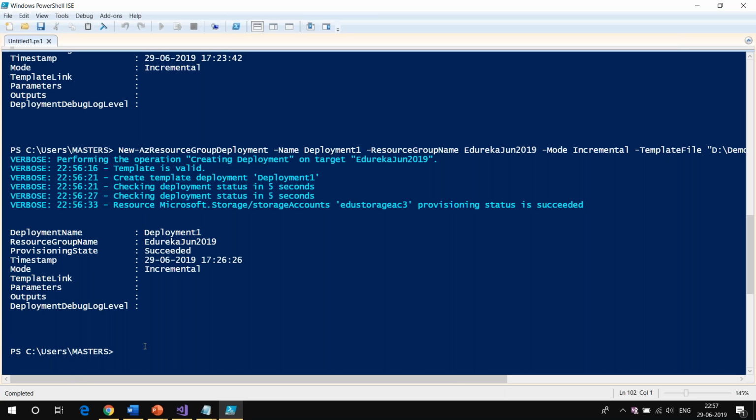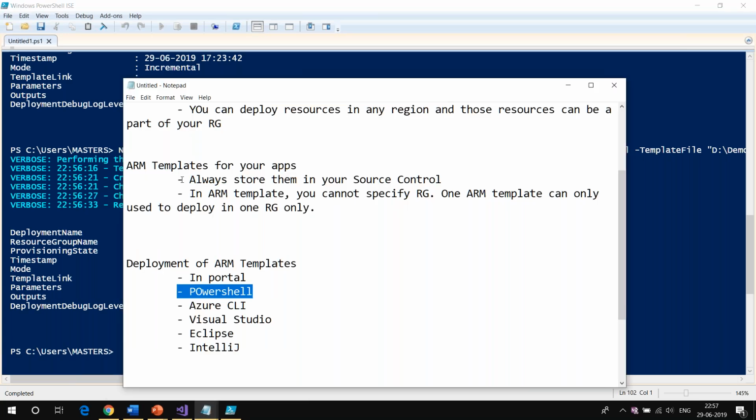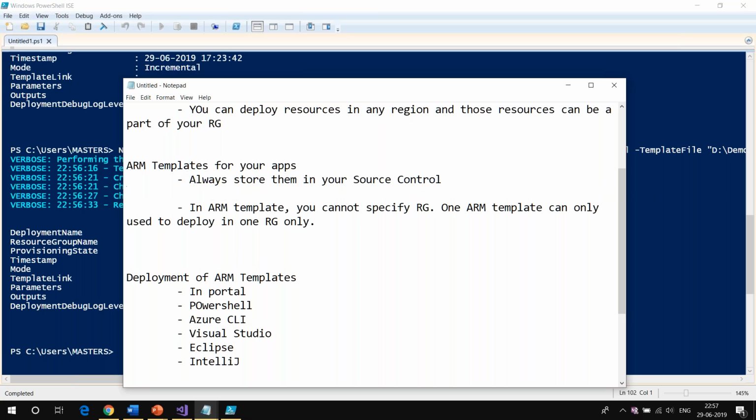Think about it this way. If I create an ARM template, what did I share initially? You can always store them in your source control. Now what will happen if you keep adding resources in the same ARM template? The first time I ran it, my storage account got deployed.